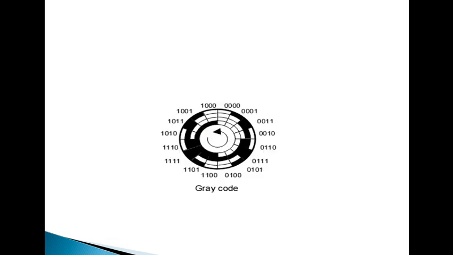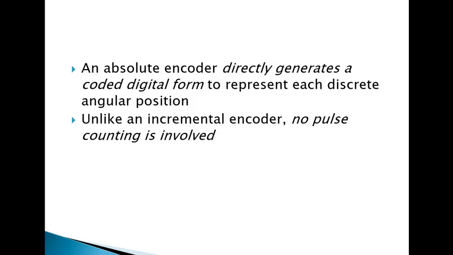What I am telling you is that if you consider the binary numbers from 0 to 15, a total of 16 numbers will be there. For 0 it is 0 0 0 0, for 1 it is 0 0 0 1, for 2 it is 0 0 1 0, but here we are taking 0 0 1 1. We are not taking 2 here because we are not using a binary code. If it were binary, there would be 0 1 2 3 4 5 6 7, but this binary code is not used here. We have used gray code. The reason behind this we have to see.